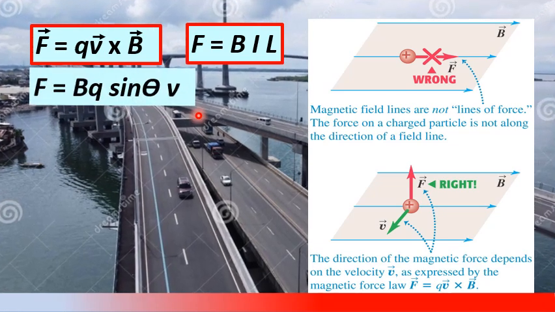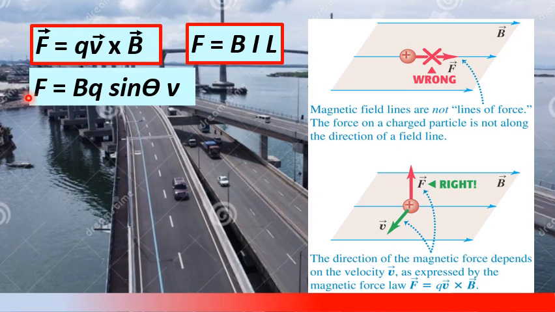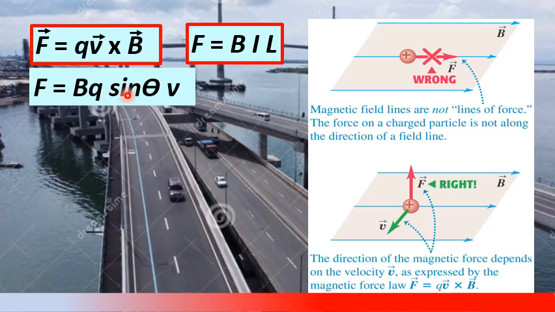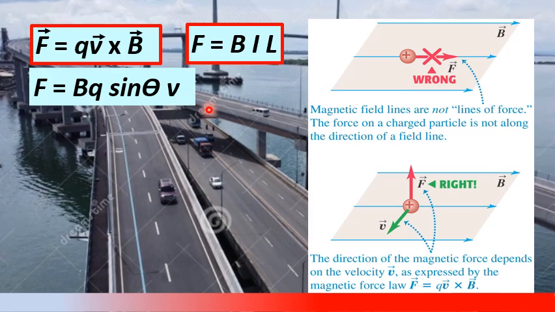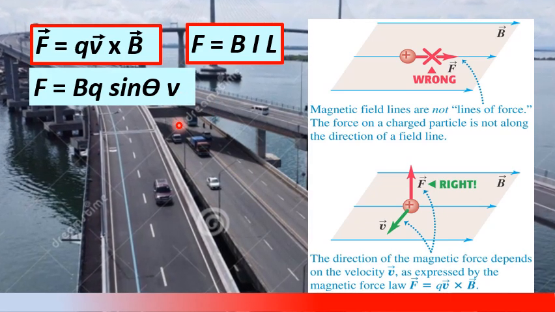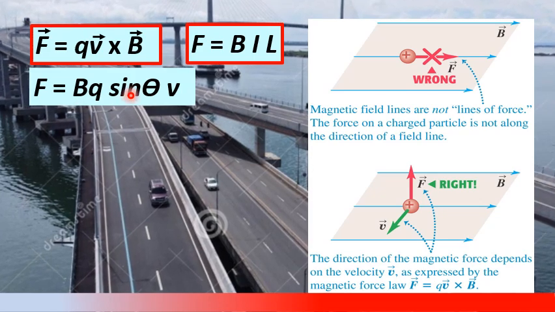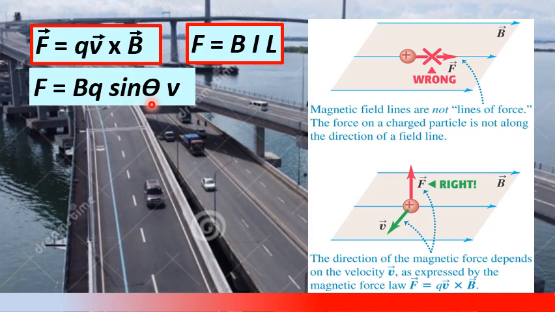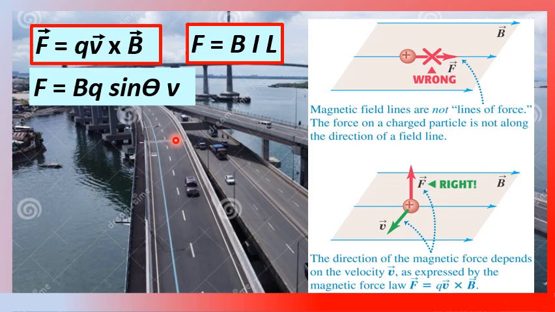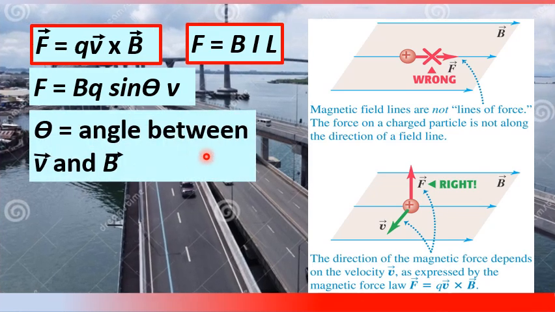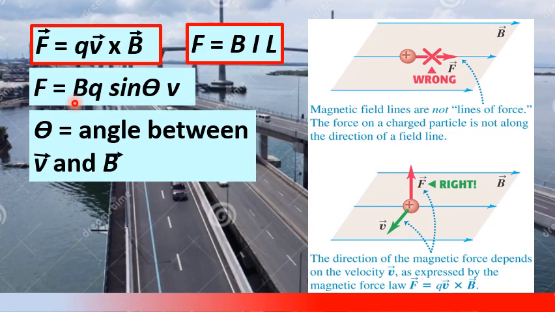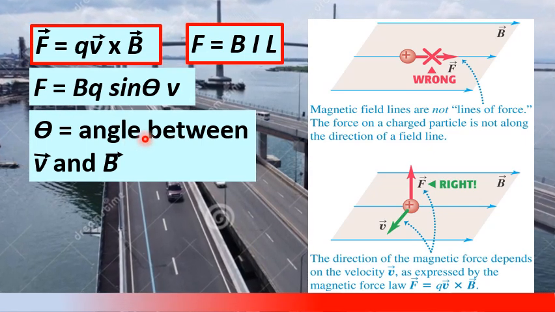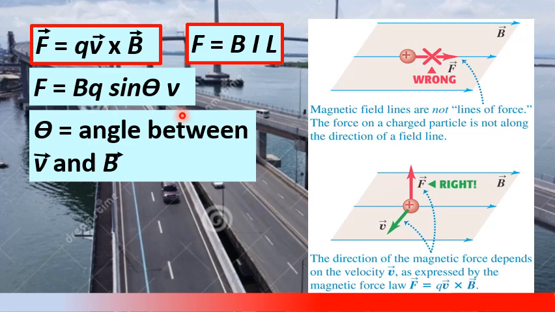Also, the next equation, F equals qvB sine theta, can also be used to calculate the amount of the force F. In this equation, the angle theta is the angle formed between the two vectors, the magnetic field vector B and the velocity vector v,